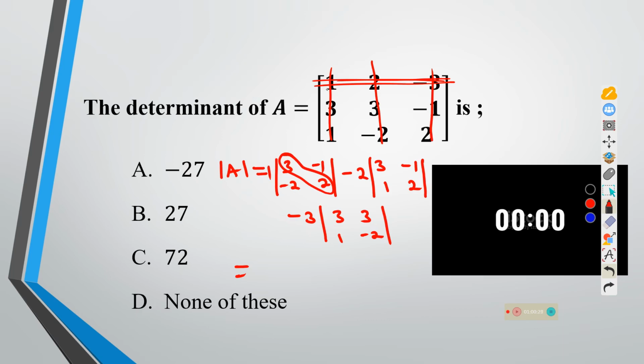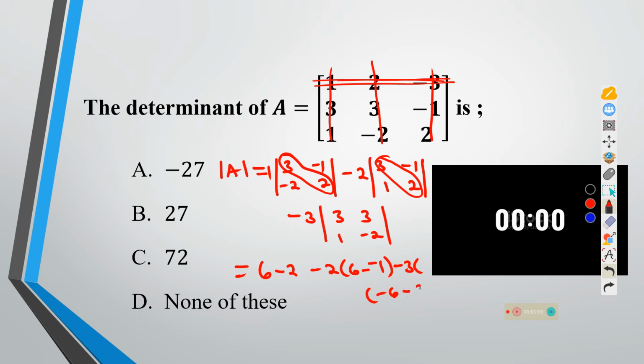This is 1 times, so that's why it remains the same. This will be 6 minus -2 times that is 2. Then -2 into, this is still 6. Then minus -1. Then -3 into, this is -6, -6 minus